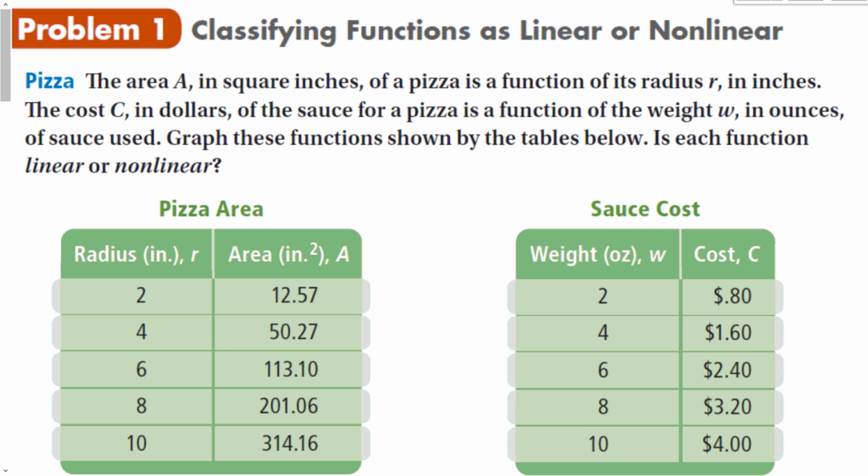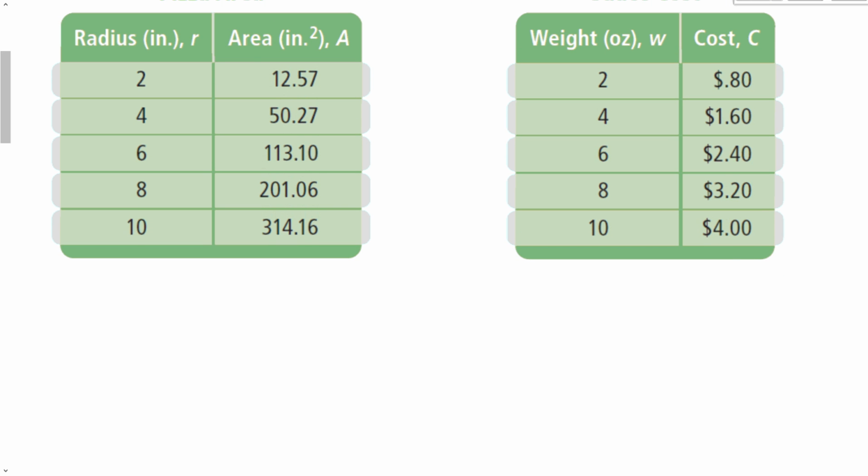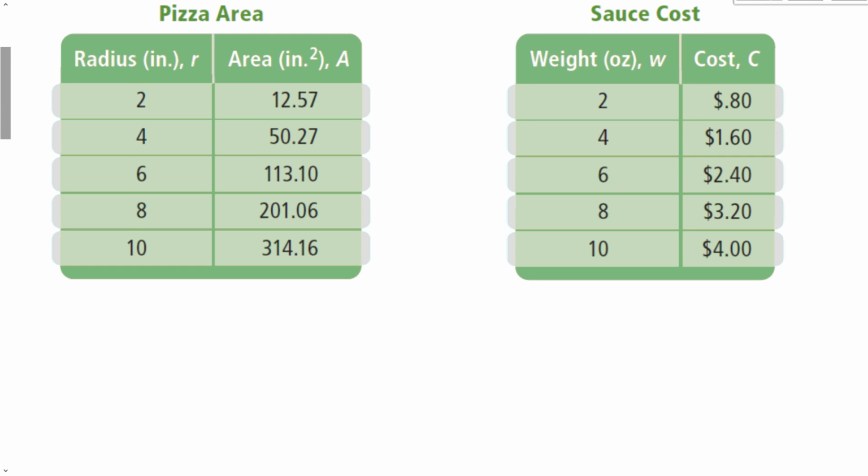Okay? So let's take a look at this first problem and decide which of these functions show us a linear function and which don't. The area in square inches of a pizza is a function of its radius, r, in inches. The cost in dollars of the sauce of a pizza is a function of the weight in ounces. Graph these functions shown by the tables below. Is each function linear or nonlinear? If we look at the first table, which is my pizza area,